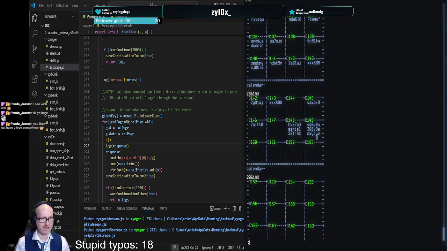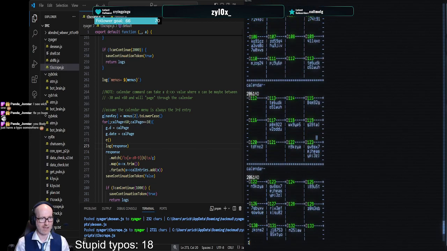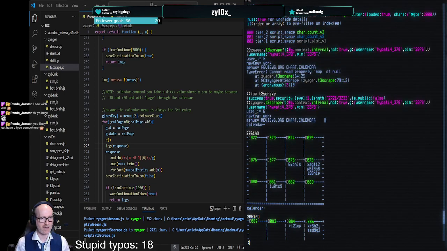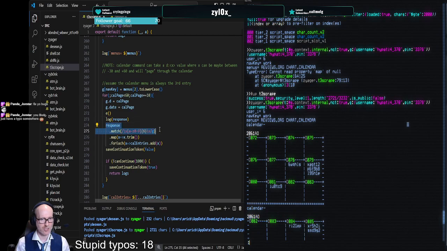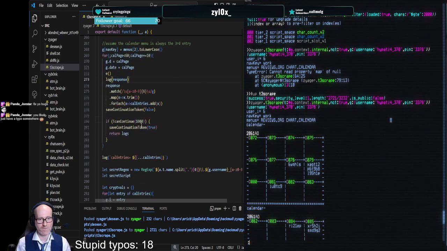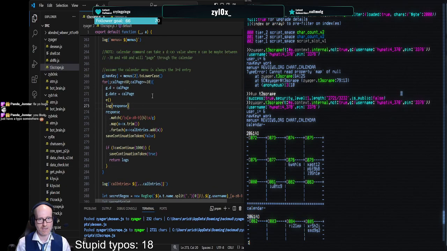This one's empty. So I didn't account for an entirely empty calendar. So response.match. Not a stupid typo, unfortunately. Response.match can be empty, so I think we have to test that. Actually, I think what we can do is if response.empty is